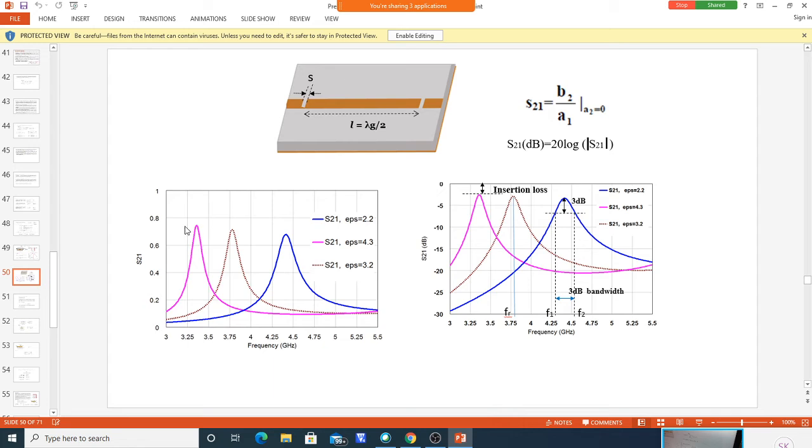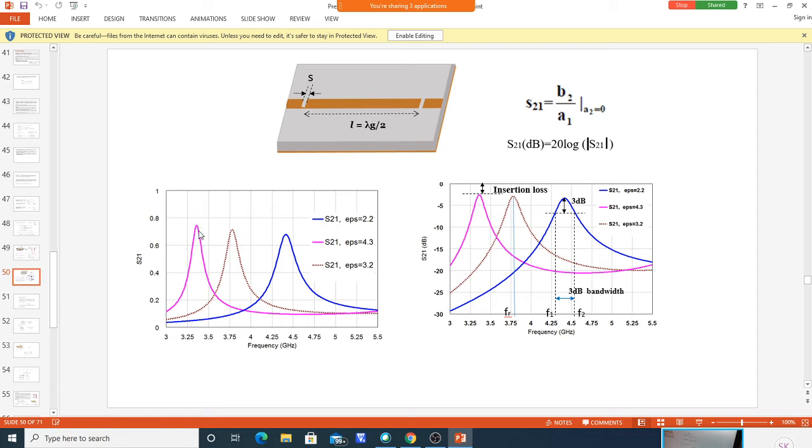See here, it is around 0.7, it is 0.75, this value. S21 is equal to 0.75. This is just the ratio I have plotted in this figure. But in this figure, it is power we plotted. You took the magnitude square of this, so that gives the power, and that in decibel scale you plotted here. But here it is just a ratio. In the ratio scale, it is looking like this.